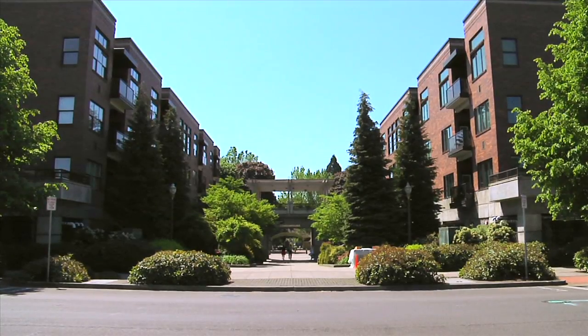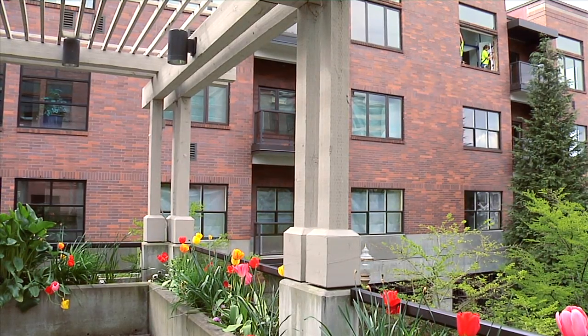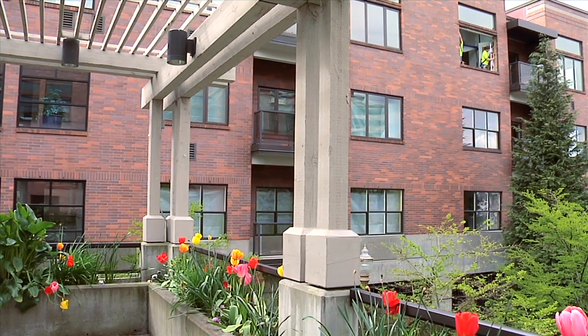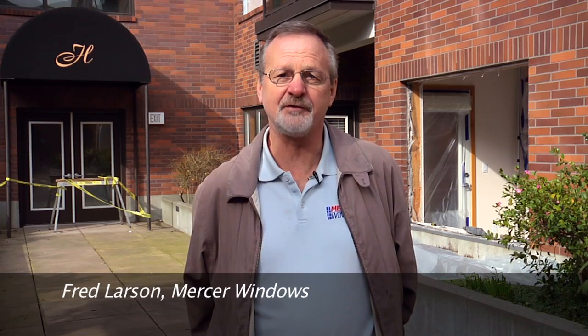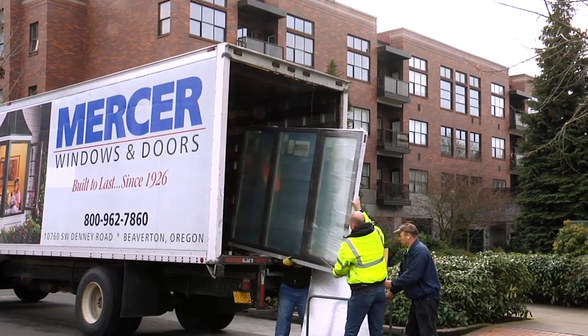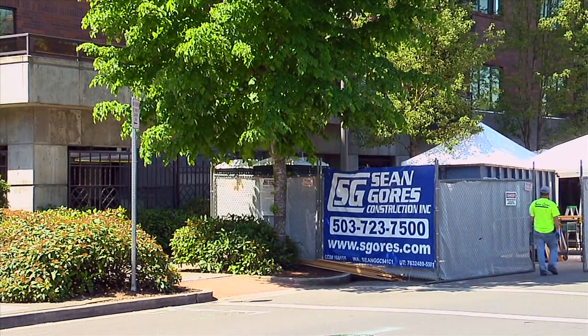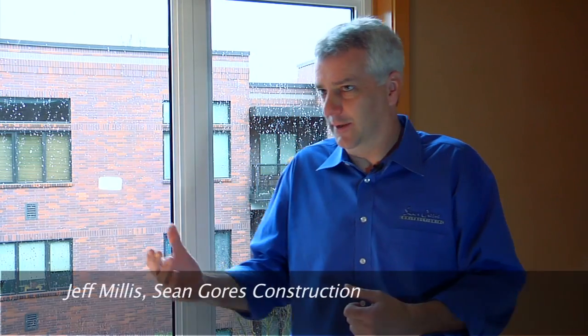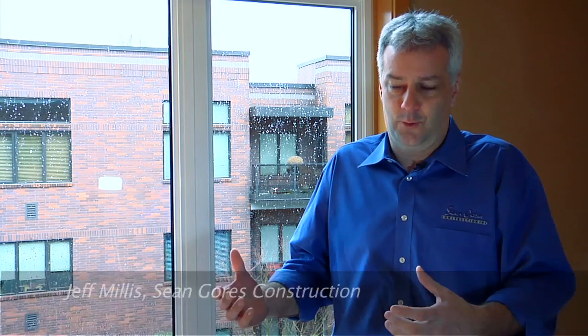It's two 4-story brick buildings consisting of about 536 defective windows that needed to be replaced. Mercer spent a year and a half working with the Homeowners Association, trying to make a decision on it. They finally settled on one of our high-performance windows being installed by Gore's Construction. We bid one window that was spec'd, and then we came to Mercer, talked to them about the specs, showed them the details, and worked with Mercer quite a bit for the first couple of months, even in the bid